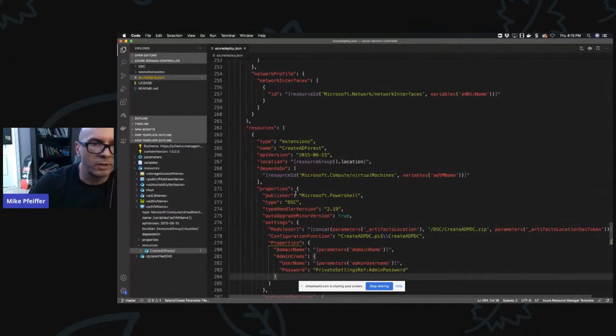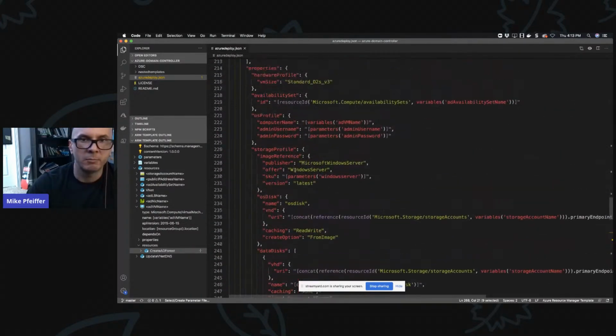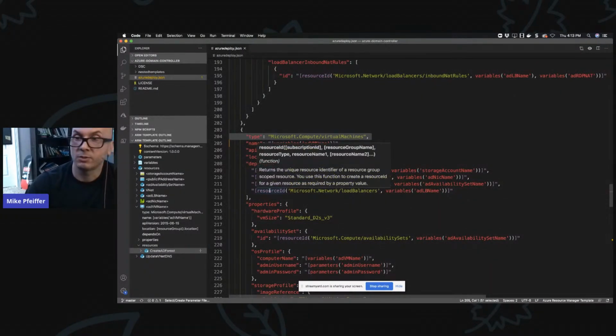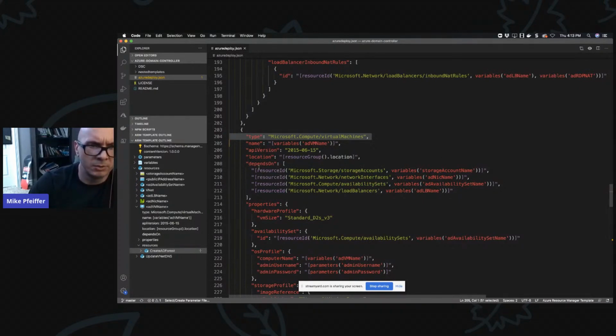A couple other things that are important in here that are common in any infrastructure as code solution. Dependency management, right? Depends on, you see it right here. You see it in a bunch of different places like up here. So here's the virtual machine resource, right? Again, it gets really crazy with just a few things. But notice the dependency list for this virtual machine. We have a dependency on a storage account, on a NIC. They're going old school with this one and putting the machine into an availability set. So again, this is an older template. They have a load balancer in this one for some reason. So there's a dependency on the load balancer. But anyways, you can wire up your own dependency chain. And again, they're using a function here.